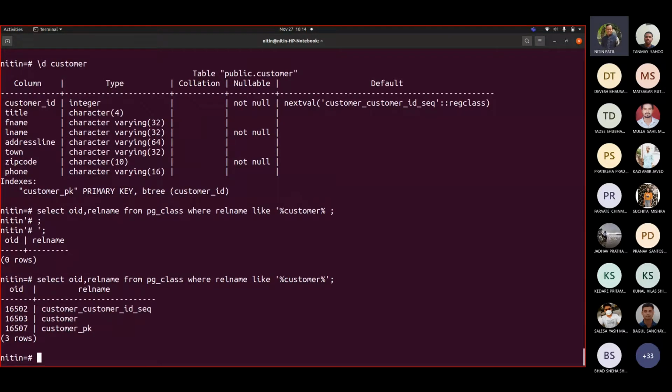See how many additional entries for that customer there are. There is a primary key.